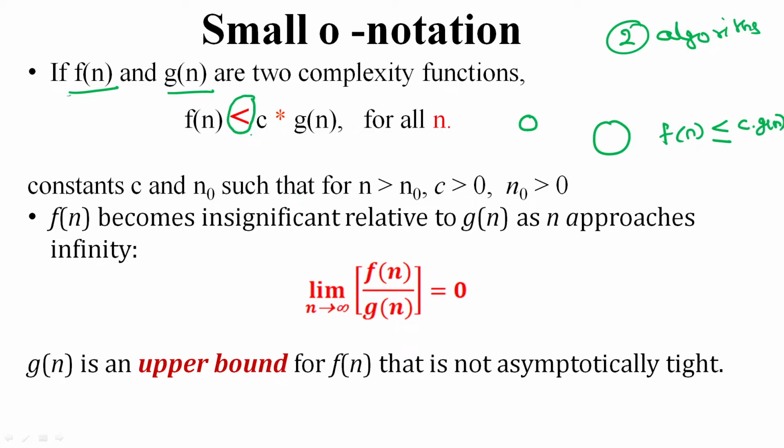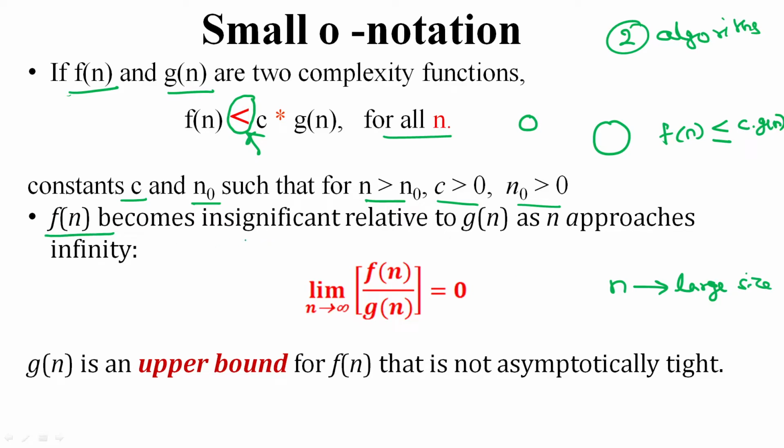But here the small o will use only f of n less than c into g of n for all the input size n. Here also we are taking c constant, n0 is the input size which is less than the large input size n. That's what is given here. c is always a positive number, n0 is also a positive number. So here, when you are increasing n into a large size, that means infinity,